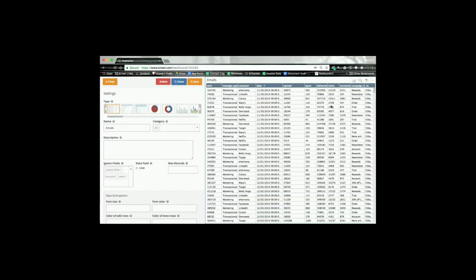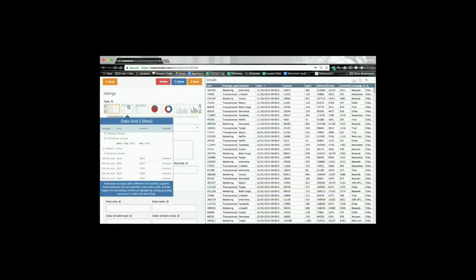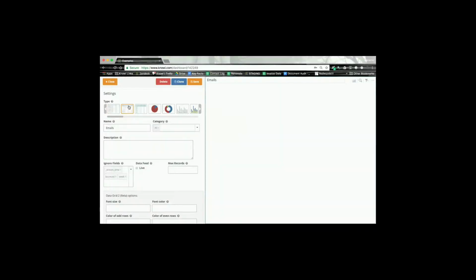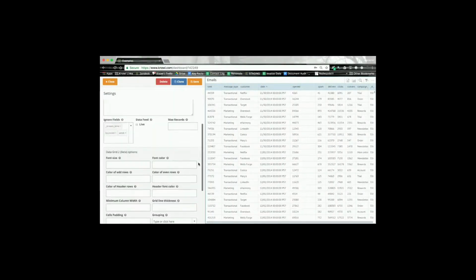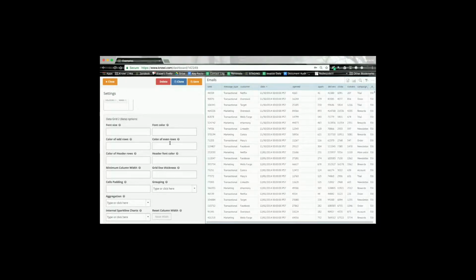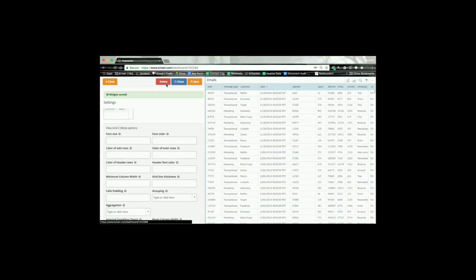This is our original grid, but we do actually have a new grid. A little bit of a different look and feel to it. You can still do all the other things like changing the headers and the font colors and all that sort of thing. You can also do aggregations at column level. So it's a new look and feel basically. But if I save that and go back to my dashboard, I want to just show you a couple of